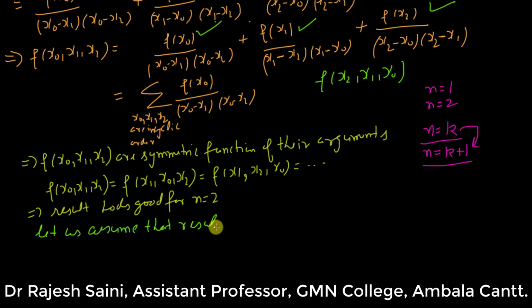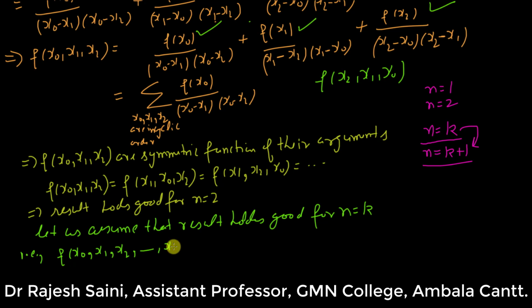the result holds good for n equal to k, that is f of x naught, x1, x2, up to xk minus 1 and xk. So this contains k plus 1 terms, so it is of order 1 less, meaning k. So this can be written as